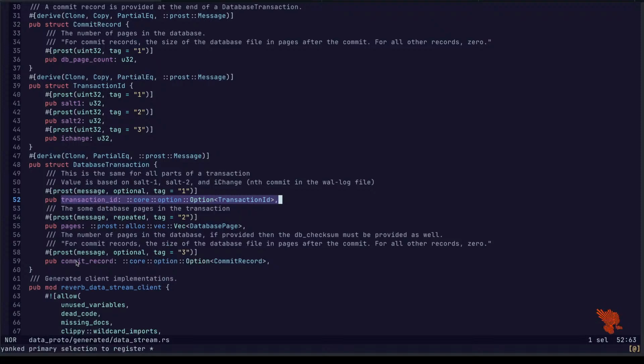Basically, do I want to scan forward and see if it has a commit record? I don't think so.